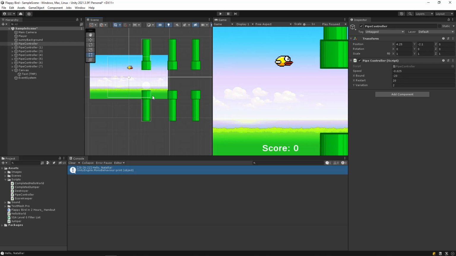But we want to add it to all of the pipes, and I think the easiest way to do it from here is just to select this pipe and then hold down Control, Command if you're on a Mac, and just select every pipe. That way you can multiple select them. And actually I want to deselect the first pipe because we already added it there. So select all of the pipes except for the first one, and while you have all of them selected, you can actually add the component to all of them in one go. So I just add it there, and now it's done.